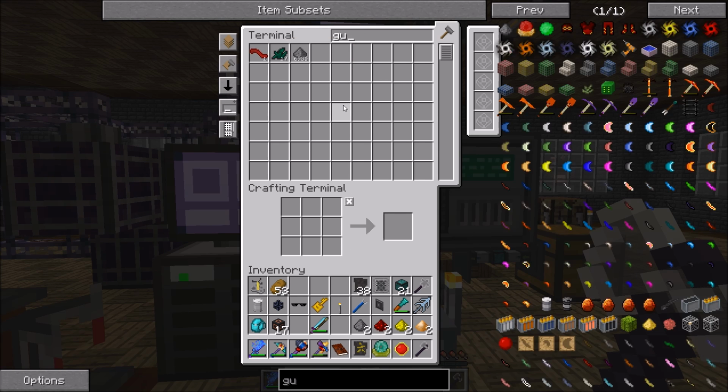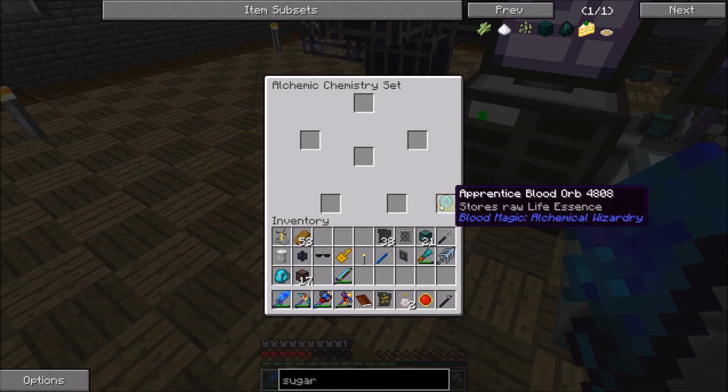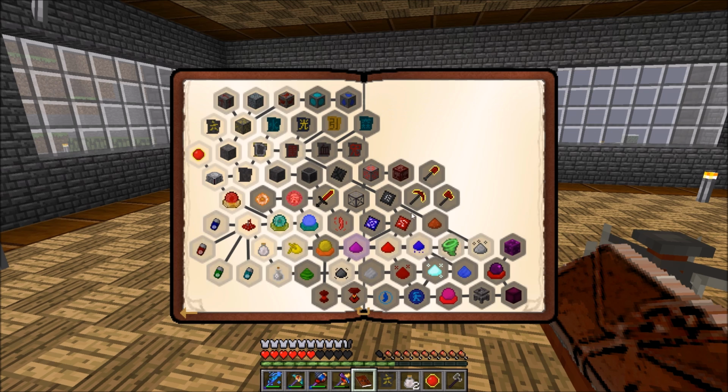Gunpowder, and then sugar. And we're going to have to automate simple catalysts pretty quickly as well. I don't want to automate anything blood magic, though, until we get the Well of Suffering, just because I don't want it to be draining out our life points, and us having to be manually keeping that stuff caught up, so...